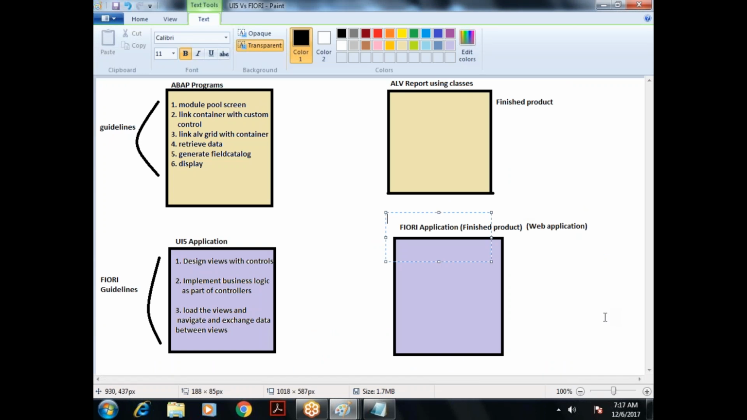Just like in our normal SAP environment, to do different transactions, to perform different business activities, we use different transactions. Like for creating sales orders, we use VA01. For creating a customer, we use XD01. For creating a material, we use